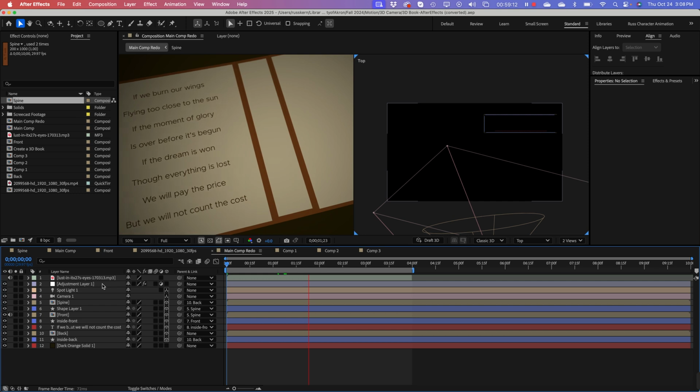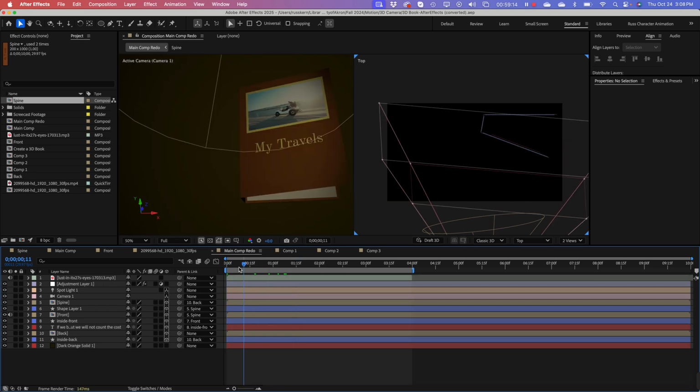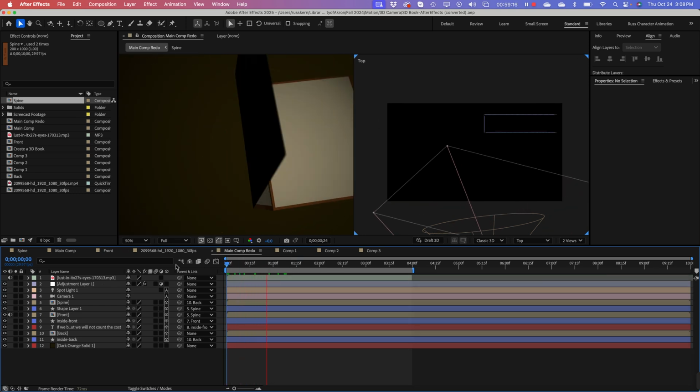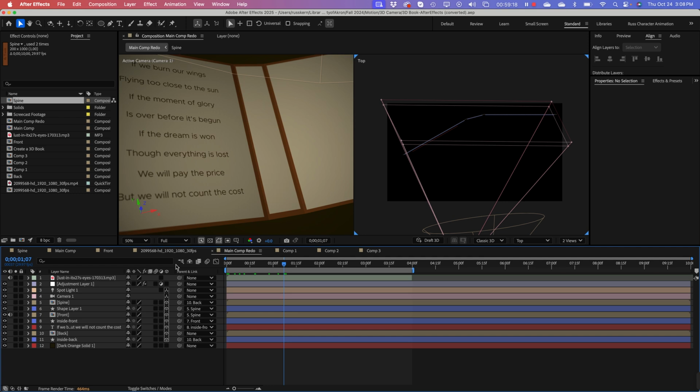We can do little animations like that. Part of the reason I brought this one up is one of the things I didn't show you in the other file, but in our composition window,